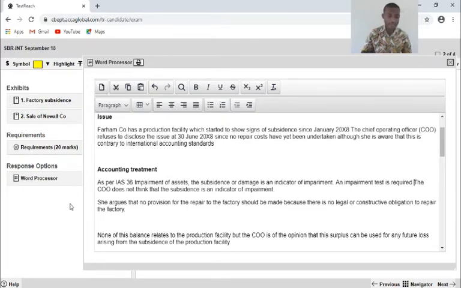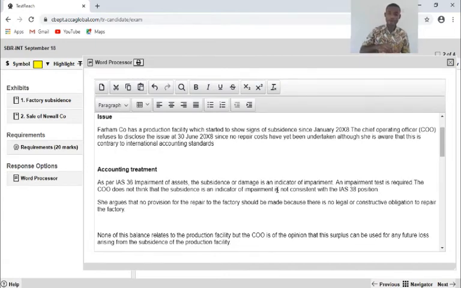Now, the CEO does not think that a subsidy is an impairment indicator. So I'm going to flag that it's not consistent with the IAS 36 position. So look at what I have done.